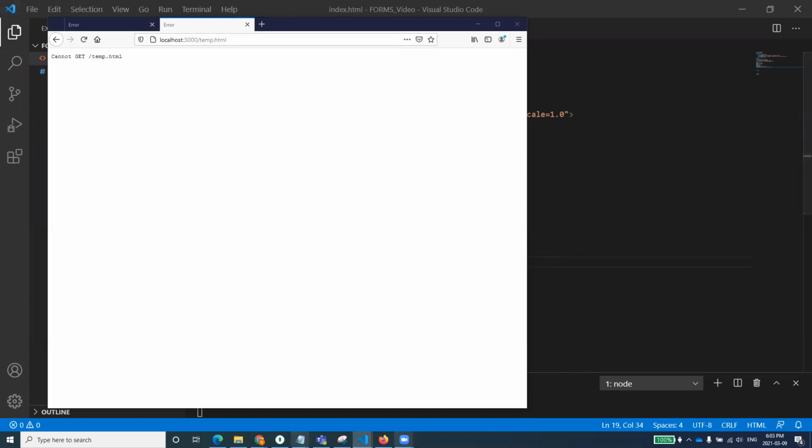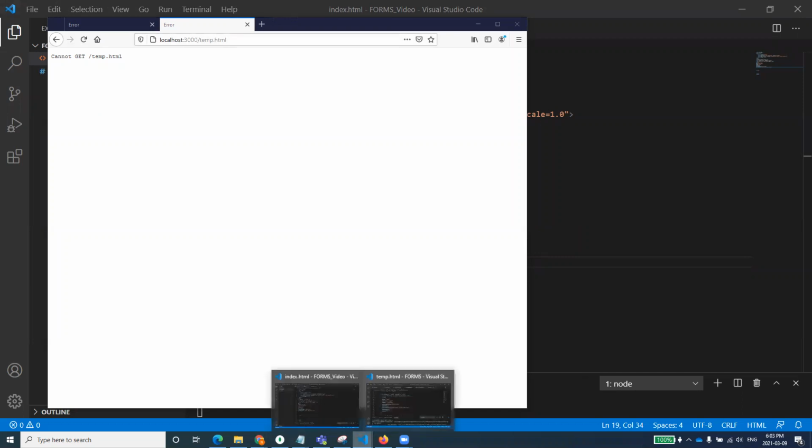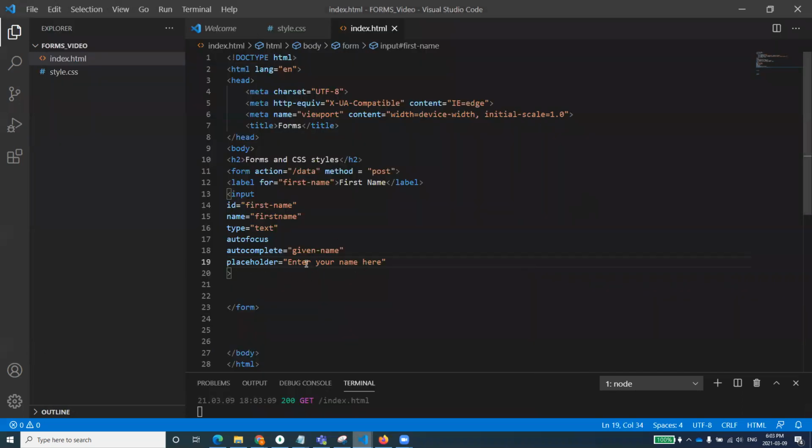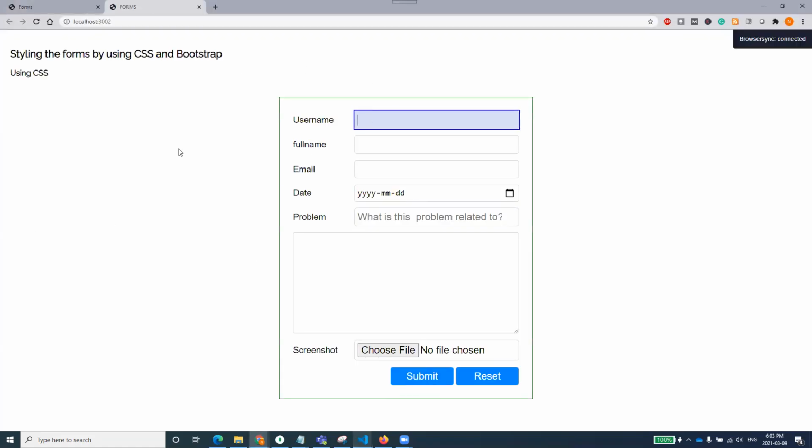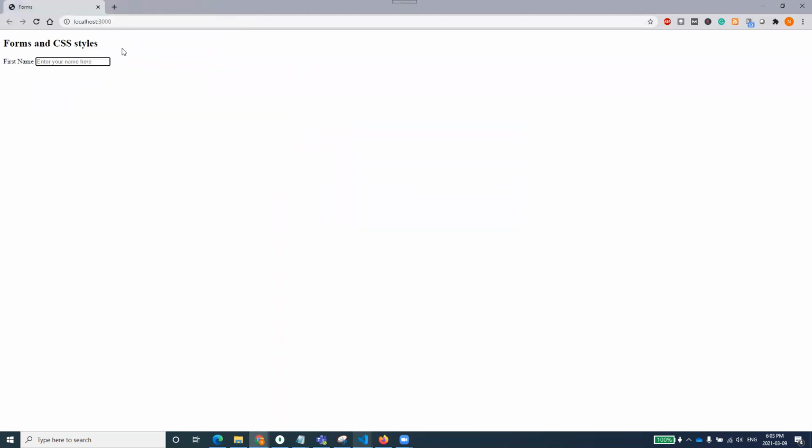So I'll just show you shortly. What it effectively does is provide us the text inside that input box. The input box will come inherently with some text, and that text is the placeholder text that we provide to it. Okay, so this is the form that is running, and it is running on 3002, because I'm running two servers now. So I'll run that.